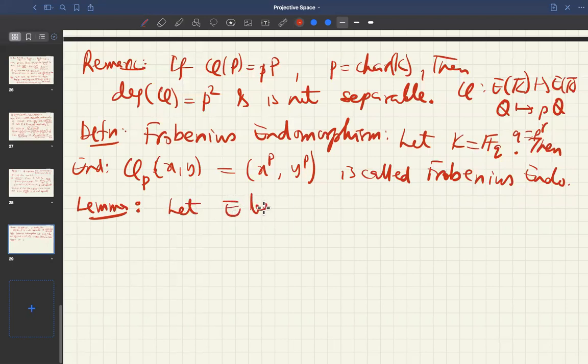Let E be an elliptic curve over F_q, where q is a prime power. Then